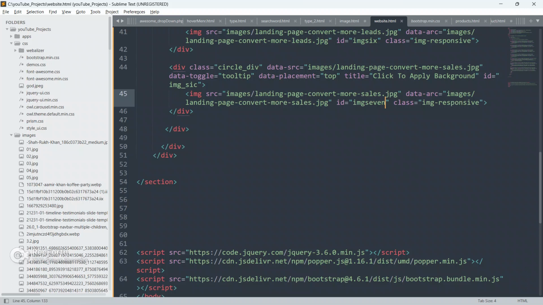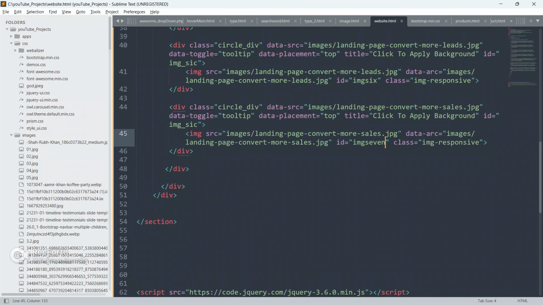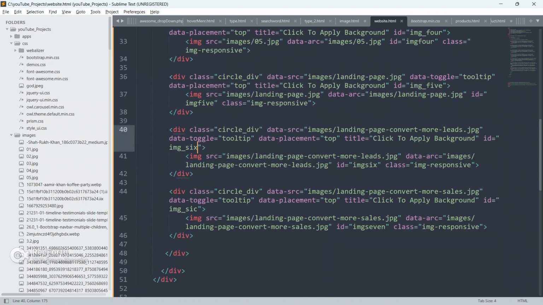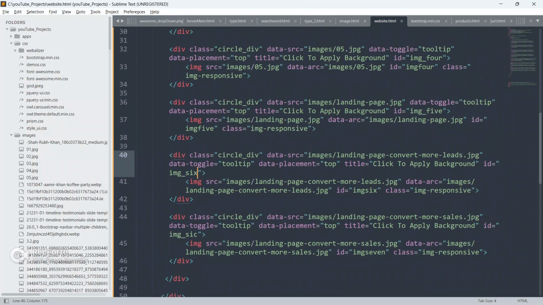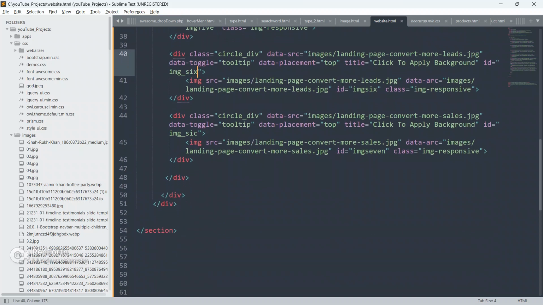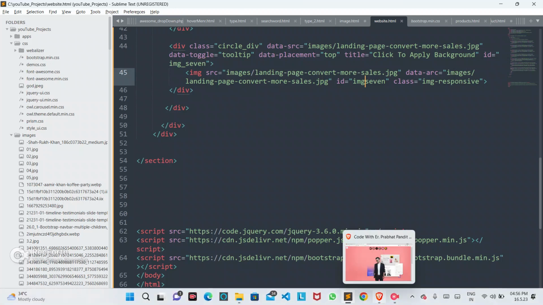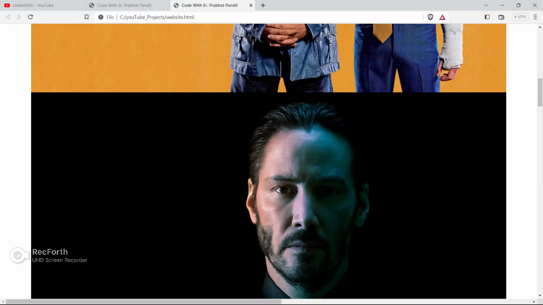Fine, no issues, we don't have to change anything now. img 6, img 7. Save your code, go to the browser and check your output.